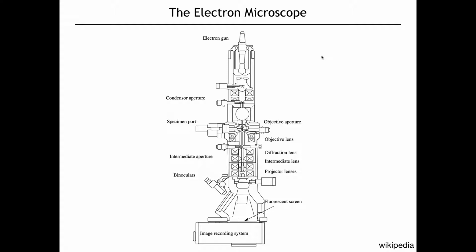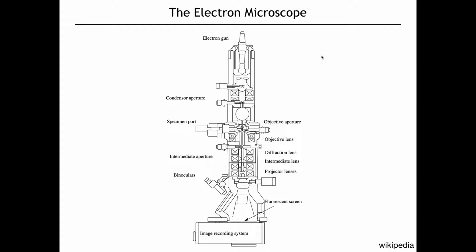So this is what a modern electron microscope looks like, or a cross section of an electron microscope. You have an electron gun. You have one, two, or actually even three condenser lenses with condenser apertures to then select out specific electrons with a specific KV. Then you have a specimen port where the specimen goes in, an objective lens,